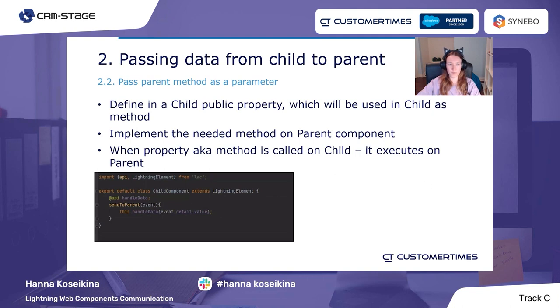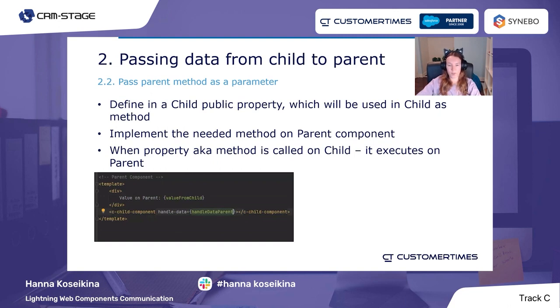In this case, we define a public property in a child, which we then use in the child as a parent method. You just call it something like change data or handle data, and